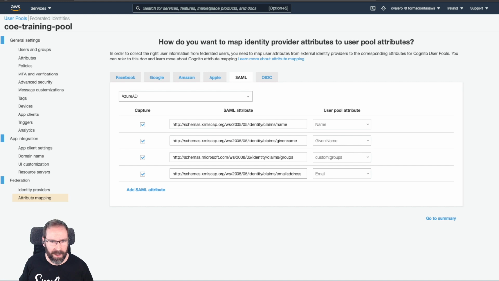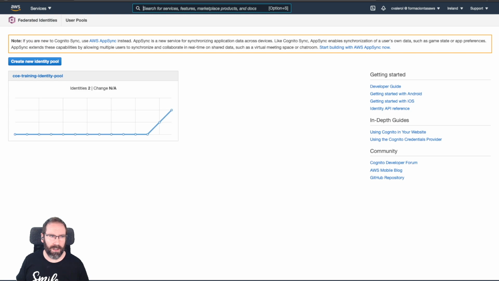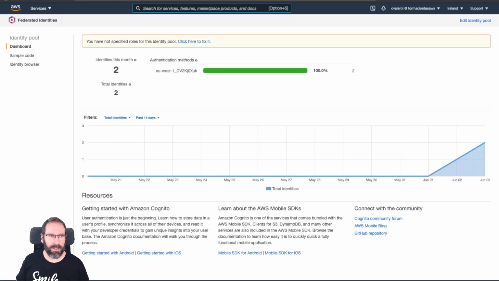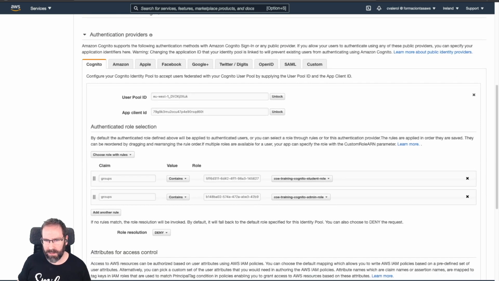An important thing is that I'm mapping some standard attributes from Azure AD into Cognito. But the most important one is the groups. I'm going to use these Azure AD groups claims in the Cognito user pool in order to be mapped to the JSON Web Token that the user pool is going to generate for me. With this group, I'm going to do a further mapping in federated identities in the Cognito identity pool. So let me edit the identity pool. You can see it. I'm going to use that JSON Web Token field in order to map it to specific roles